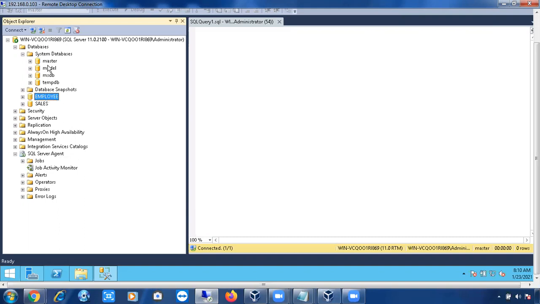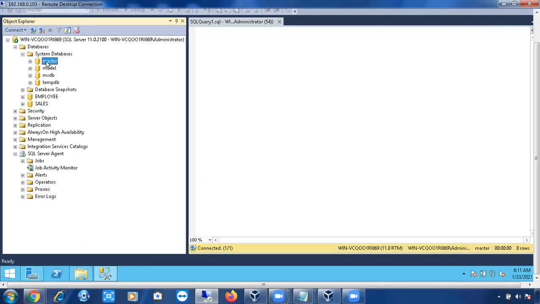If you see here, master database, model database, MSDB database, TempDB database, these are the 4 system databases you can see. But you cannot see one more system database, that is resource database. That resource database will be in hidden mode because of security concerns. Microsoft just put this resource database in the hidden mode. You cannot see the resource database in the management studio, but I'll show you the data files and log files of a resource database. So we have 4 system databases apart from the resource database: master, model, MSDB, TempDB.